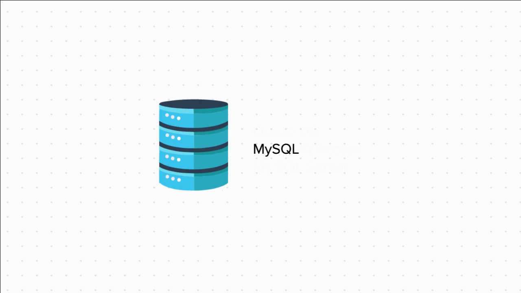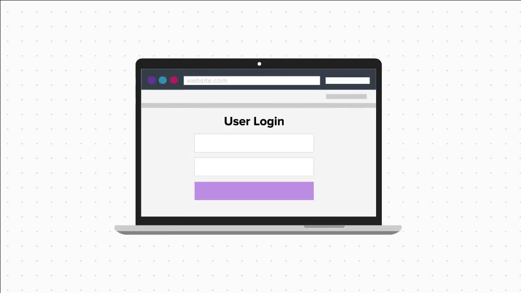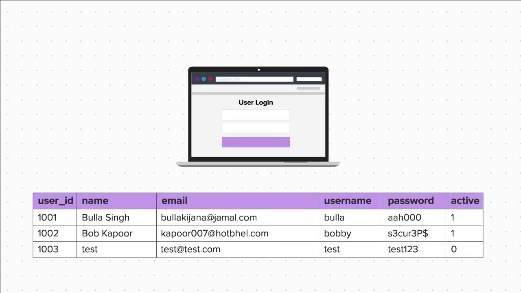Now let's see how we write SQL queries to talk to a database. Suppose there's a website which needs its users to log in to view their profile. And this is the table in their database which stores the basic information of the users. The name of this table is users. So when the website wants to add, edit or fetch any data, they use SQL to do so.